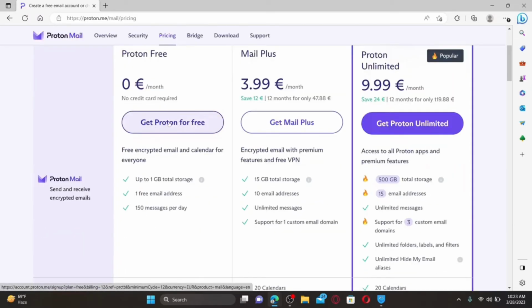You can go ahead and use the free version of Proton by clicking on this Get Proton for Free button and get started with the standard version. If you'd like to subscribe to Mail Plus with premium features available on your account, you can click the Get Mail Plus button. To get unlimited access for Proton, click on the third option and follow through the instructions. If you want to go ahead and get started for free, then click the first one and then on the